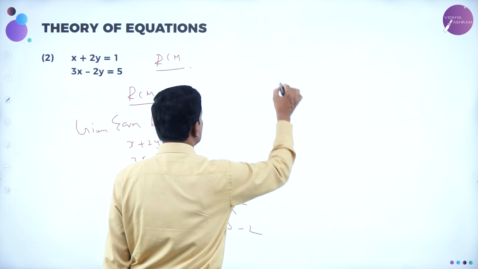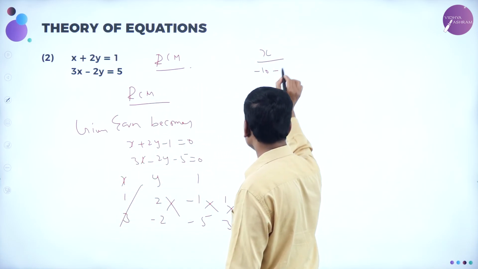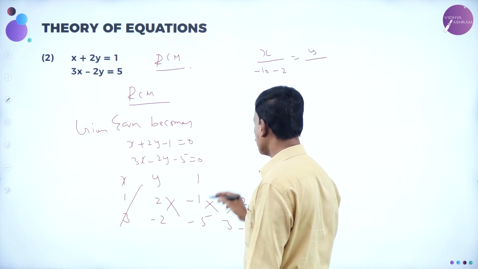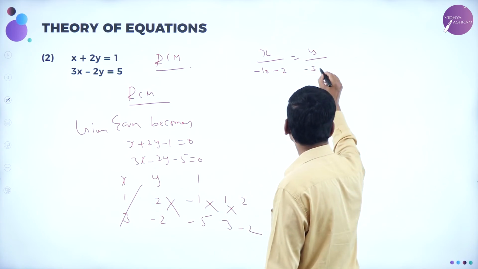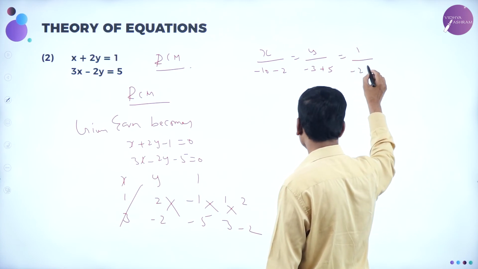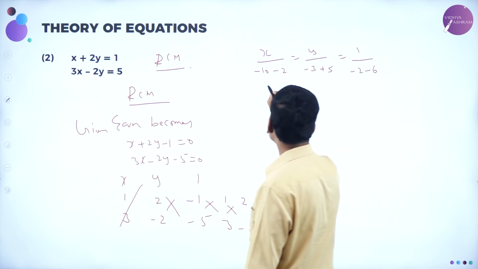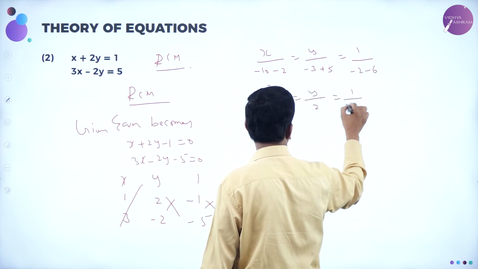That's it. So what will you get? x divided by 5 2s are 10, minus 10, minus into minus, plus into minus, minus 2 1s are 2. y divided by these two, minus 3 1s are 3. Then minus into minus plus 5 is equal to 1 divided by 1 2s are 2, minus 2, minus 6. Okay. Now this can be written as x divided by minus 12, y divided by 2, 1 divided by